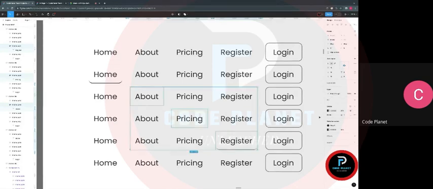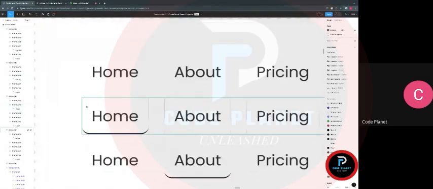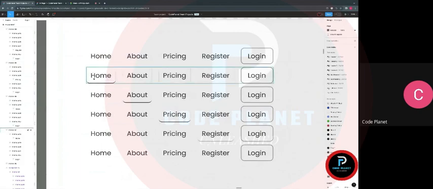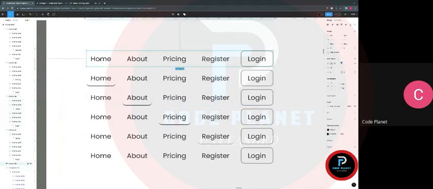Okay, this one already has a stroke. That's why the effect is happening here. So let's take out that one and add stroke to this. And then we now change this to bottom. So this is what we have now. When your mouse hovers on home from any point, it will show this underline, and also this one will be placed on the home page, this one will be placed on the about page, this one will be placed on the pricing, while this one will be placed on the